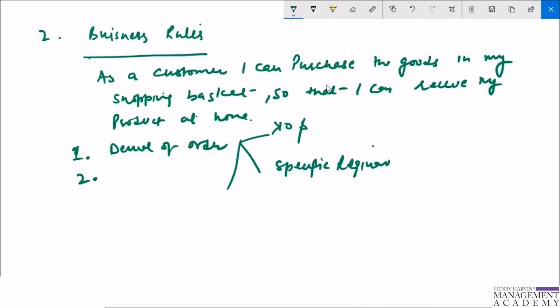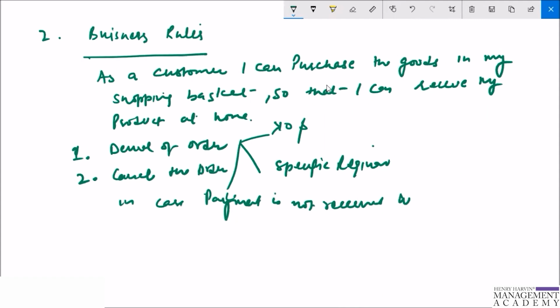So another is cancel the order in case payment is not received within 48 hours, right? So business rules are often implicit, so it will take some skill and analytic